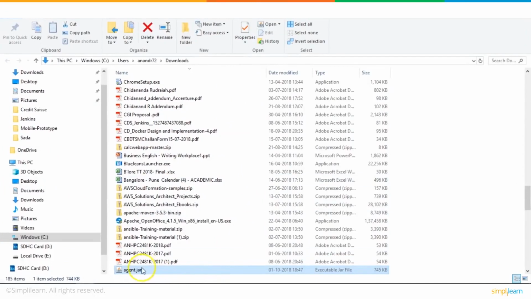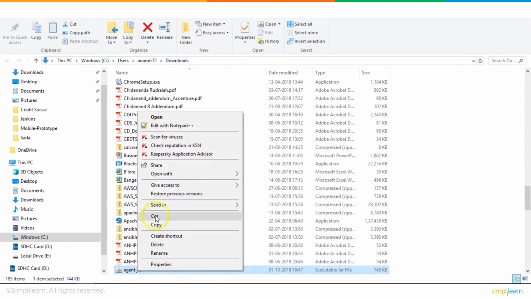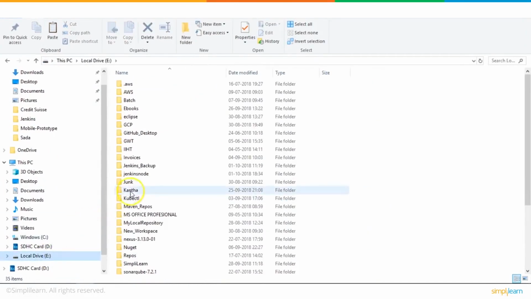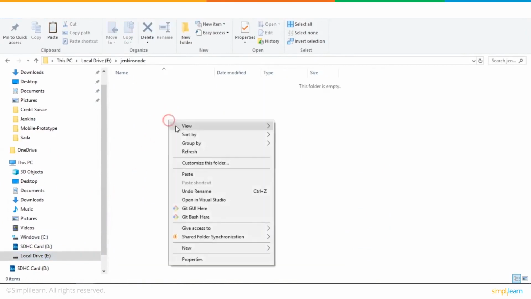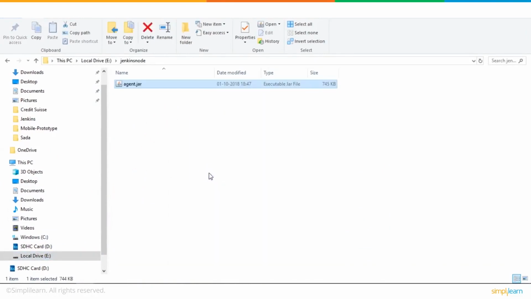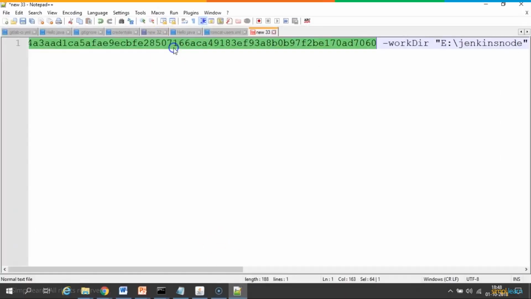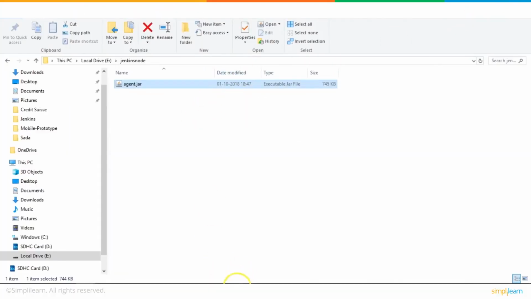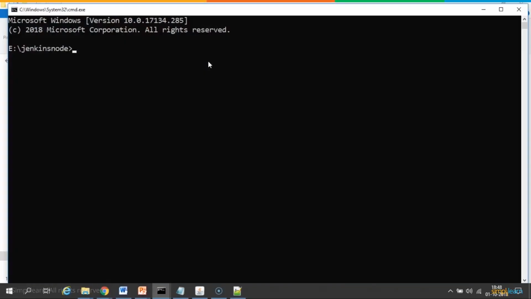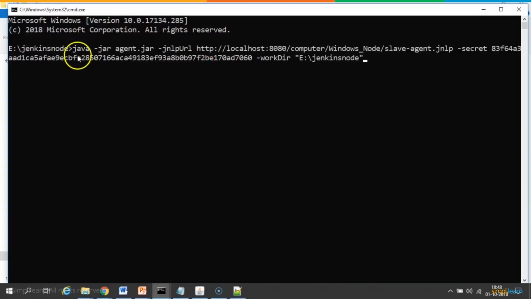So I have this agent.jar. I copy this, or rather I cut this. I come back to my folder, my Jenkins node, I paste it here. Okay, so now with this provisioned agent.jar, I need to use this whole command, Control A, Control C, and then launch this particular agent. So let me bring up a command prompt right here and then launch it. I'm saying in the same folder where there is agent.jar, I'm going to launch this particular agent, java -jar agent.jar,